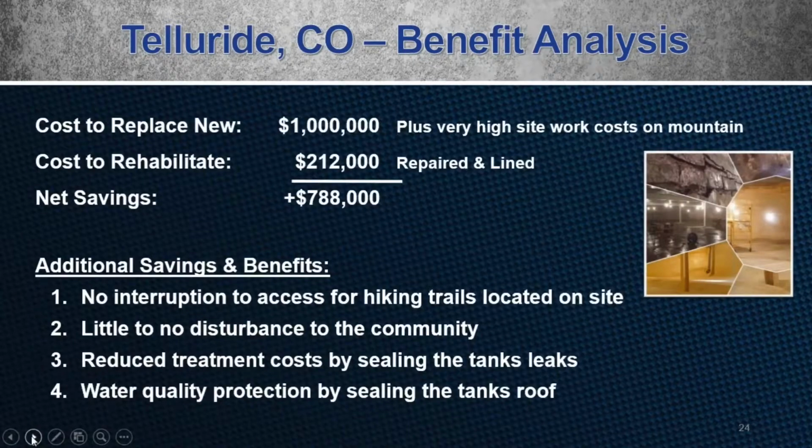Telluride received great benefits from this project. Not only was the estimated cost going to be $1 million per tank, the rehabilitation only ran a little less than a quarter of that. Their net savings came out to just shy of $800,000. Some of the benefits that they achieved were